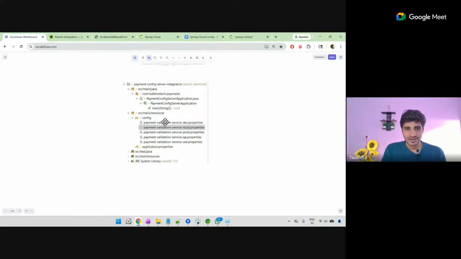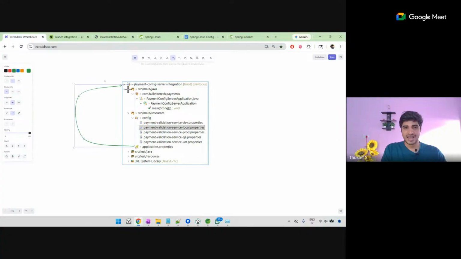Please focus. This application.properties is of the config server. So don't get confused. This application.properties is of the config server. And these things are coming from the microservice. These all things are coming from